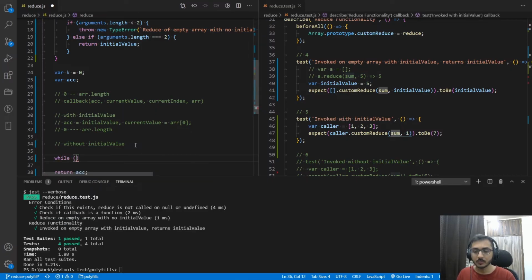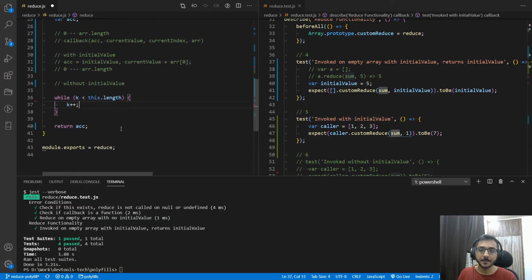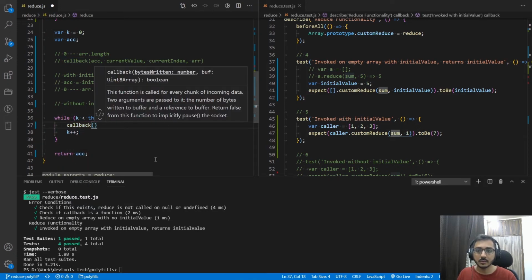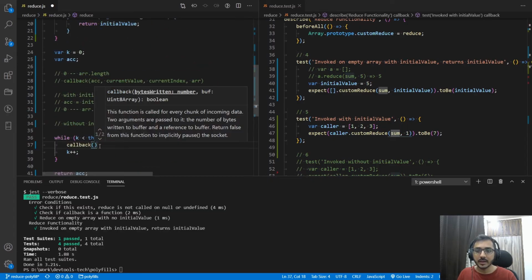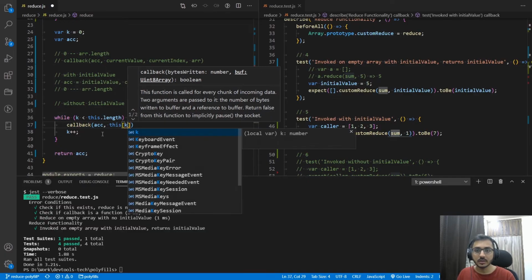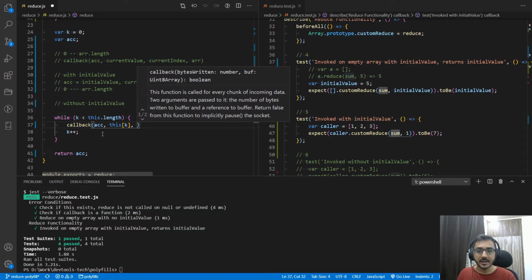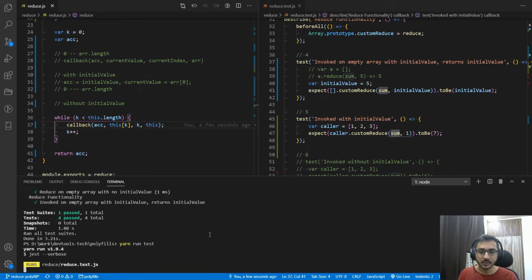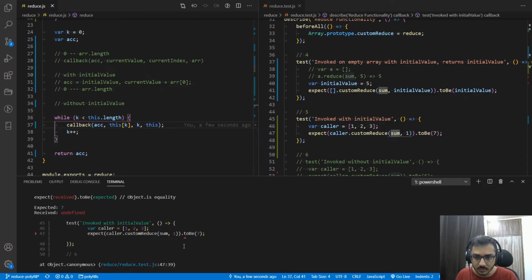We have a while loop whose k's initial value is 0, while k is less than this.length, we do k plus plus. We also saw that the callback gets these 4 parameters, so we are capturing the callback parameters here. It gets the accumulator, the current value by this[k], the current index would be k, and the array would be this. So if I now run this test case, okay, this fails.